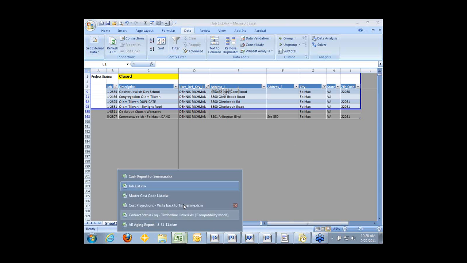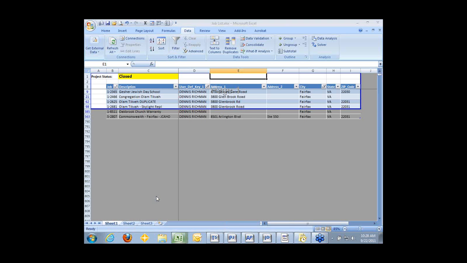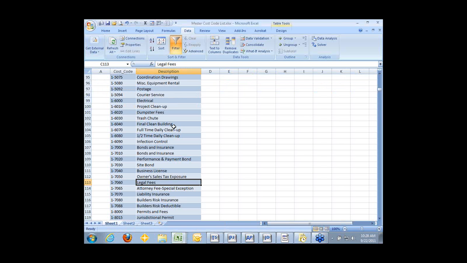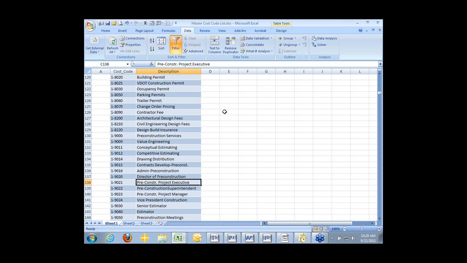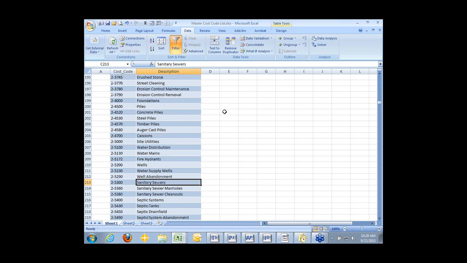There is another that I really like that most people don't use that often, and we have a master cost code list. So again, rather than printing a report and importing it into Excel to find cost codes, I think the operations side knows a lot more cost codes than maybe the accounting side. So this might be helpful to us, but there might be cost codes that they don't know. Maybe they have a legal matter, and that's not a cost code that you use that often. So if you have this automatically linked to Timberline,